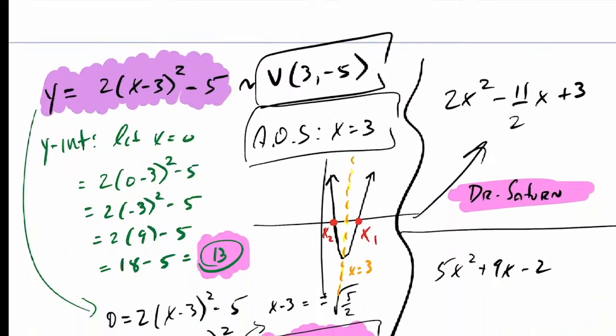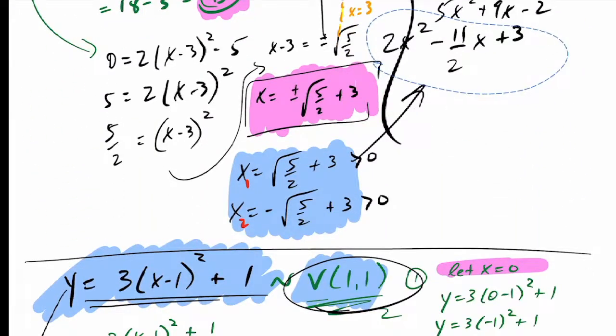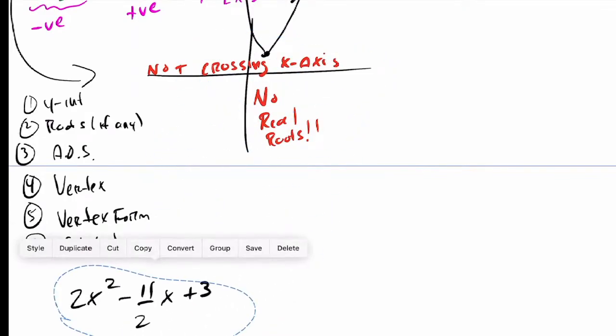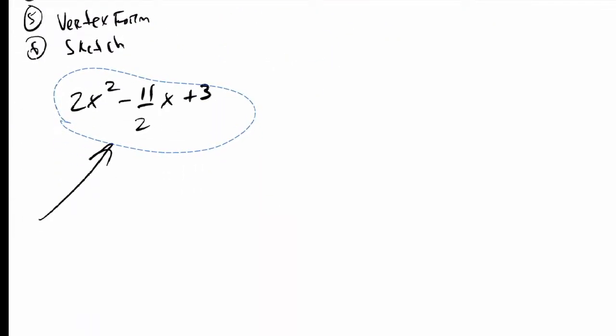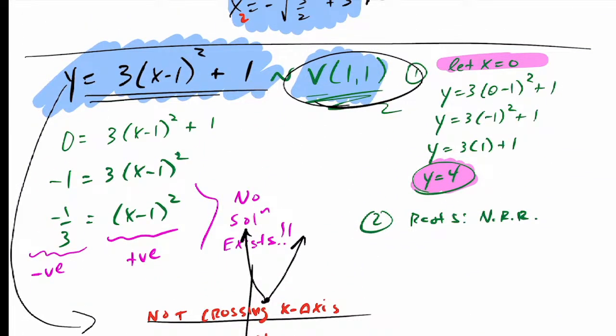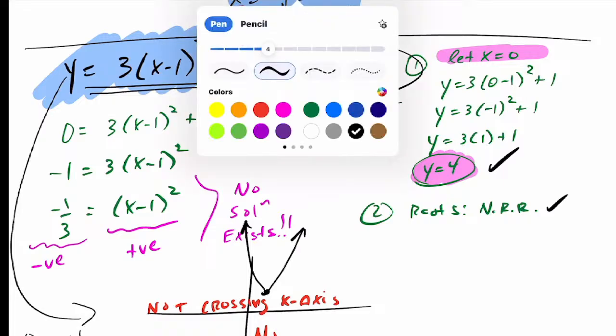Okay, Dr. Saturn wants this example here. Here, actually, let's do it here. Good question, Marie. All right, so like we had talked about here, I've got my y-intercept, boom. I'm in a situation where I have no real roots, so we know this doesn't cross the x-axis. If I go to part 3 here,